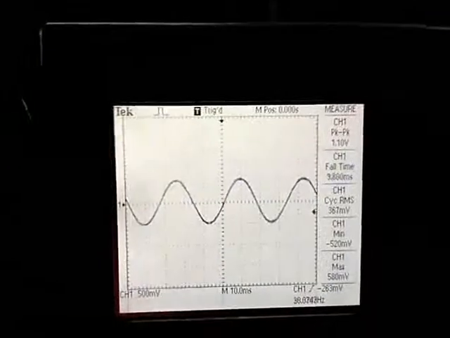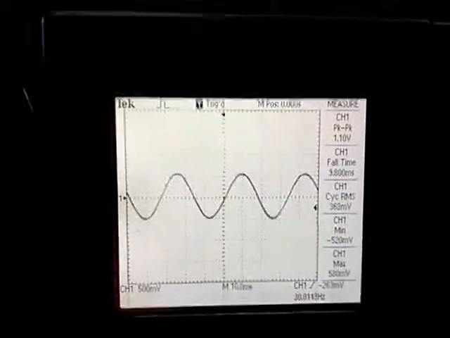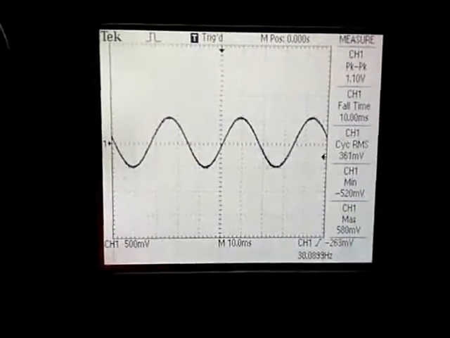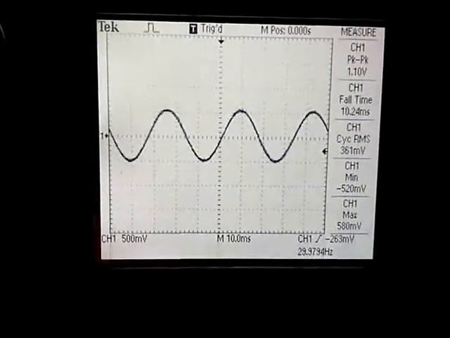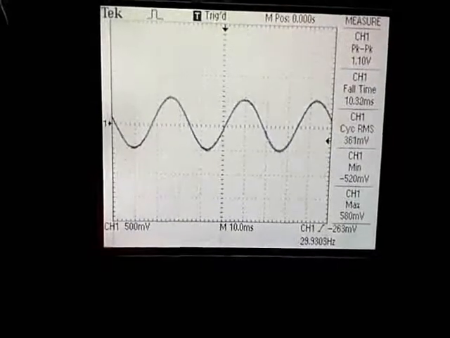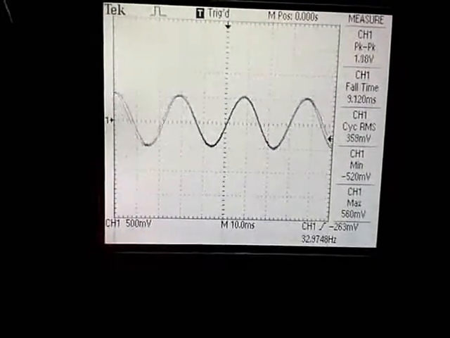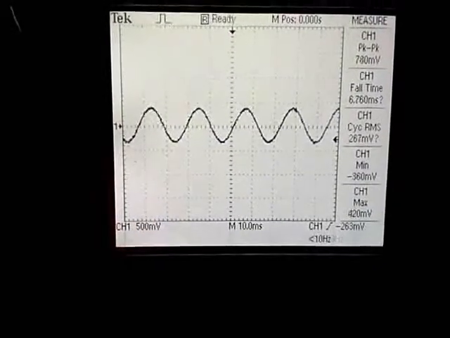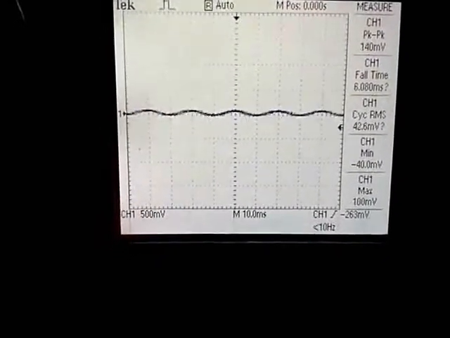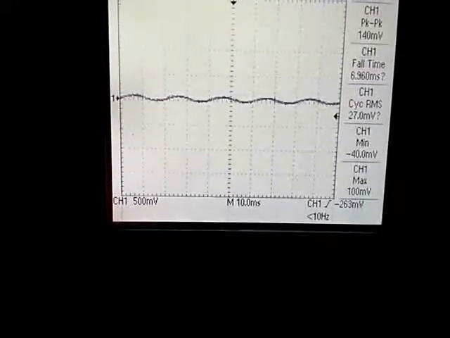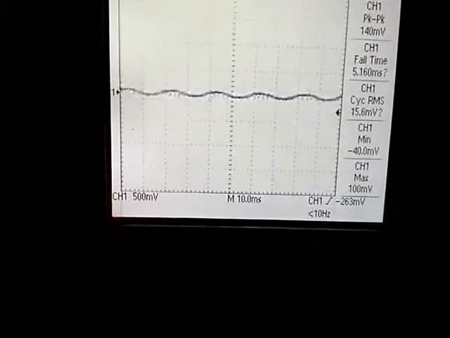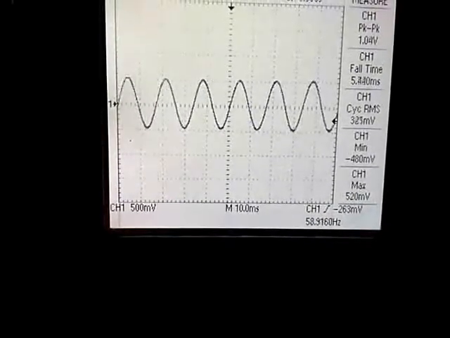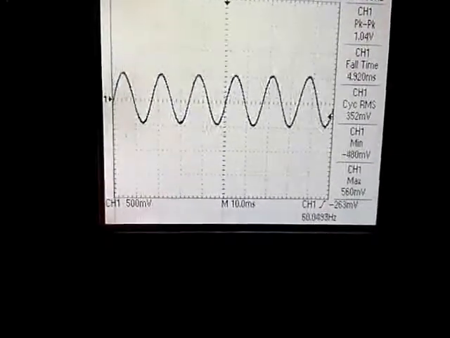Now we have set the notch filter to exactly 50 Hertz, and I can show you that at 50 Hertz we have a high degree of attenuation. As you see, as I increase the frequency to this, this is at 50 Hertz, and you can see that there is a high amount of attenuation. Once I increase it further from 50, it recovers. So this is a good notch filter that we have with high Q factor.